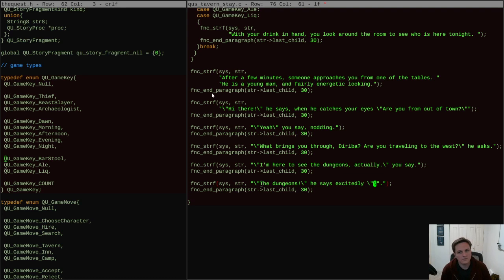So he's excited because he's likely going to be able to offer you this guidance to the dungeons, and to look around the first level of the dungeon. But I'm wondering how he's going to say this part. He wants to sell it to you that it's a good thing. So he's going to like,